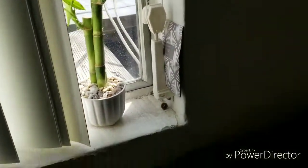And yeah, once I have everything decorated and put together, I'll show you guys the final everything. But yeah, I'm really excited about that plant. I did not mean to buy him. I didn't know he was real. I thought he was a succulent, but he's very much real, and I'm very excited to take care of him